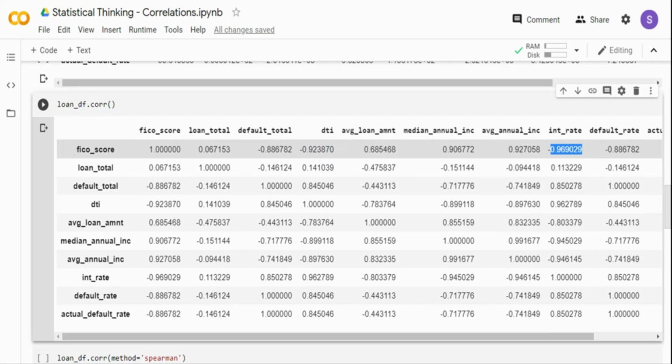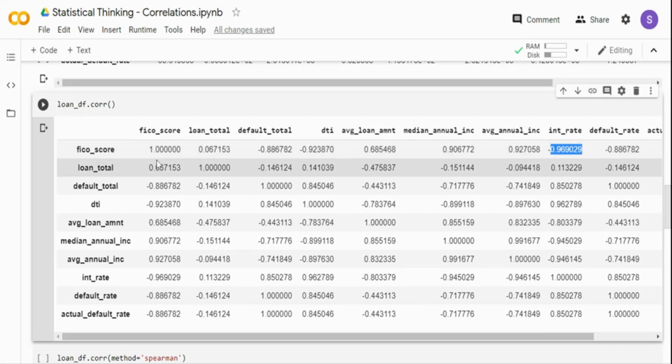And typically we know when the FICO score is higher, the interest rate is lower. Typically, the bank considers them as higher creditworthiness, and they know they are not risky customers, so they can offer a low interest rate. But when the FICO score is low, they typically give a higher interest rate to kind of offset the risk they carry, right? So basically this is the correlation.